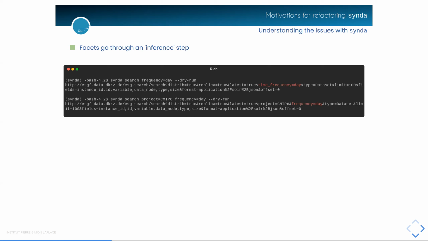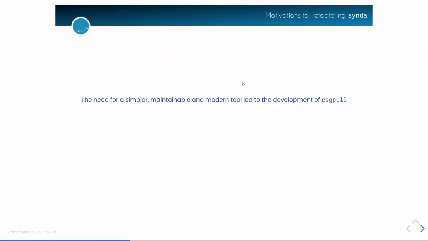and it's sometimes hard coded into, like with dictionaries from when simip6 arrived, because Cinder was developed during the simip5 exercise. There was a lot of hard-coded facets, and then there was like this mapping from simip5 to simip6, and then there was this inverse mapping when people started using only simip6 facet names, etc., etc. And all of this led to the development of ESGpull, because we needed a simpler, more maintainable, and more modern tool,